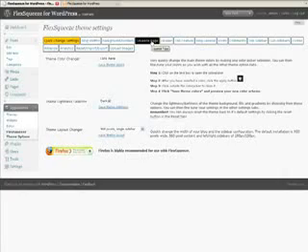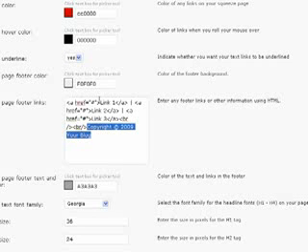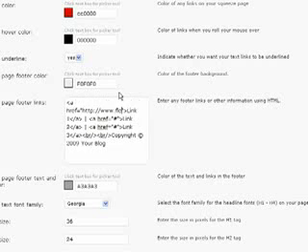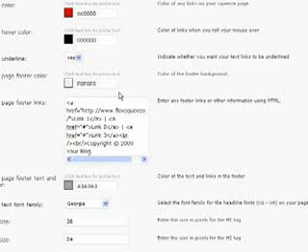Now what we want to do is jump back into our squeeze page, and we're going to go under the squeeze page tab in the options, and we're going to add the links at the bottom of our squeeze page that will link to the other pages in our site. So the code is already here with some dummy links, and all we need to do is type in the address to our pages, which is our domain name, slash, and then the name of the page,